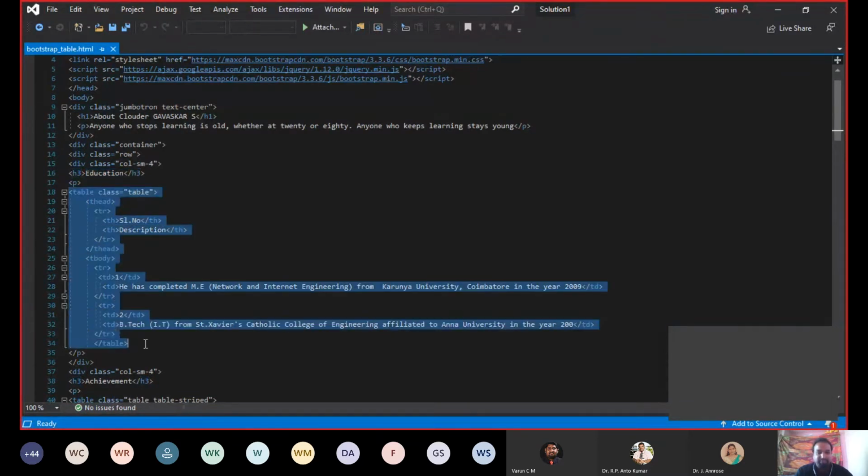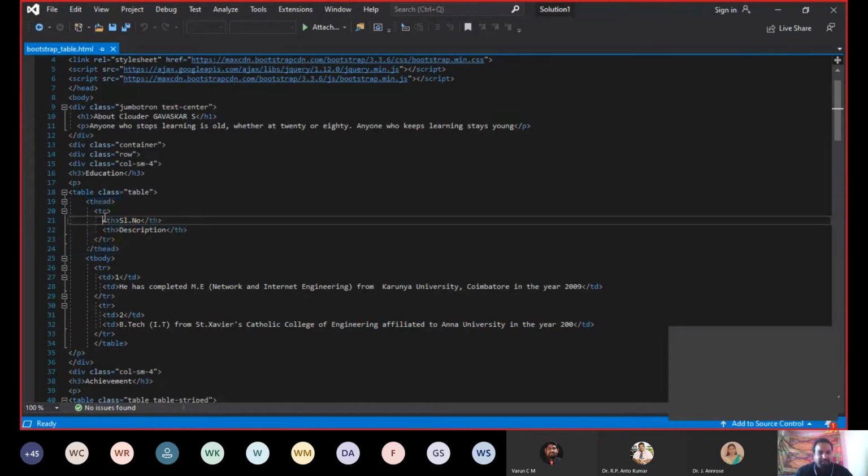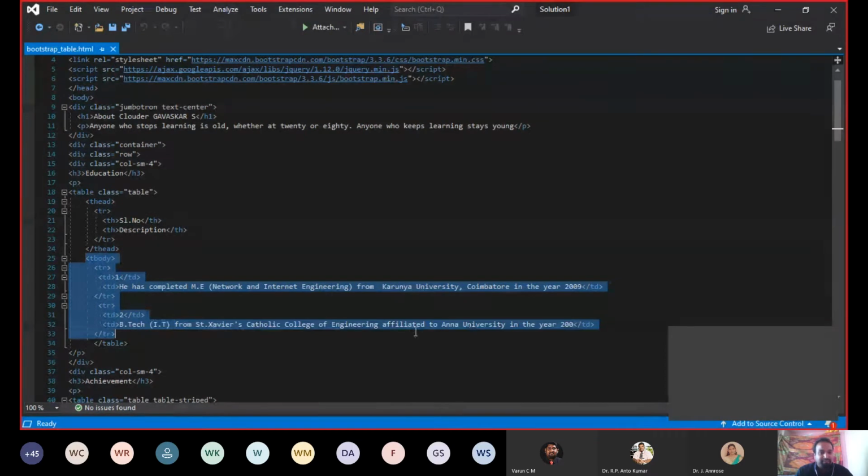If you are familiar with HTML, you know this. Now class, this is very important. Class gives you an ordinary table. Now table head, what you are going to present in the head, you have to provide here. Table head, tr, th, guys. And table body, whatever content you are going to provide, you have to provide in the table body, tbody. If you know HTML, you may be familiar with the table. You may know this clearly.